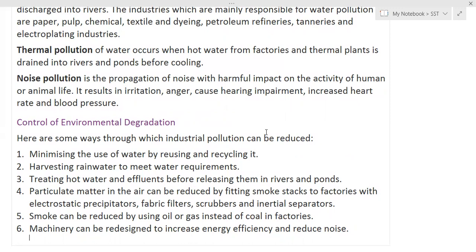Smoke can be reduced by using oil or gas instead of coal in factories. They used coal, and a lot of smoke is released, so instead of coal we can use oil or gas. Machinery can be redesigned to increase energy efficiency and reduce noise. So engineers will now have to redesign machines so that no khatar patar noise comes and noise is reduced. So this is all about our chapter, and in